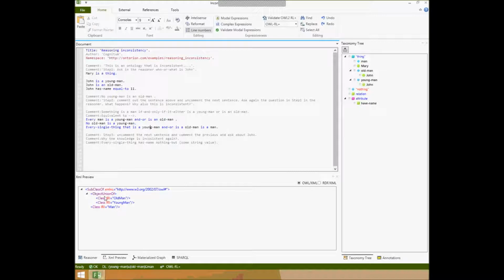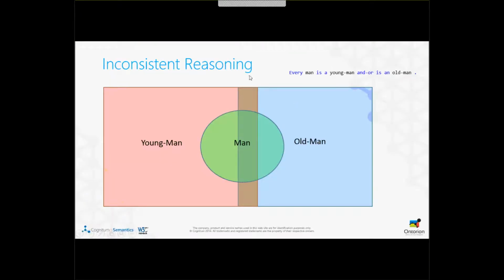So in this case you say that it is a subclass of the union of these. So you say the contrary. Just to be clear, I have prepared a simple explanation for this. The first sentence is saying that you have a young man concept, you have an old man concept, and the man is something in between. This young man and old man can be overlapping. Then we have a sentence saying that no old man is a young man, so we are dividing this word into